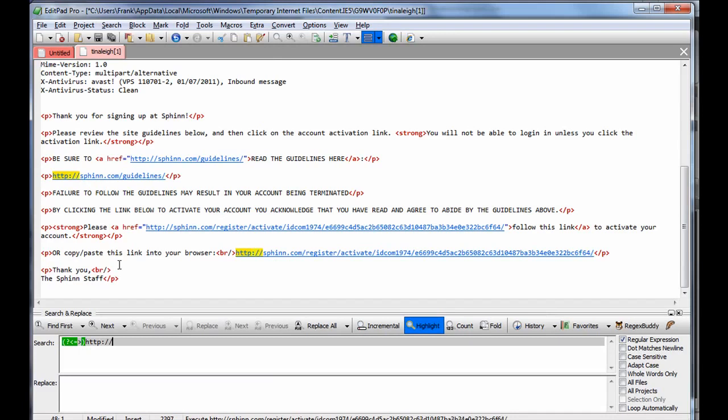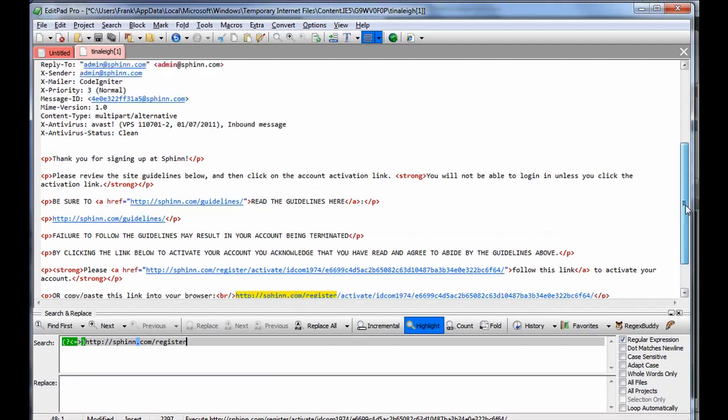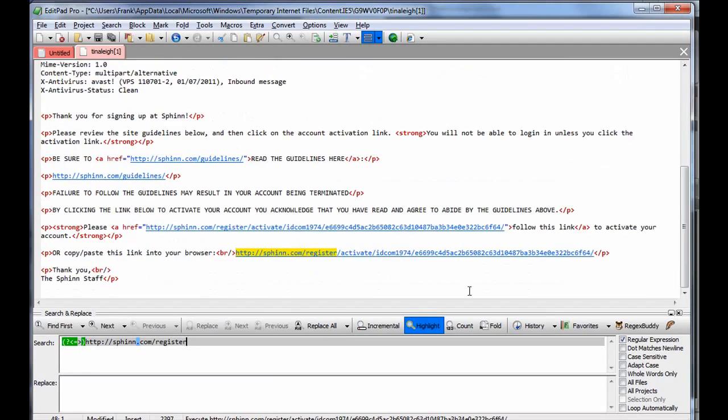I'm going to type two forward slashes, phin.com, /register. Okay. Now if I look in this document, I'm only grabbing a single one, and we're going to grab exactly what we want. Now I'm going to use one more character here